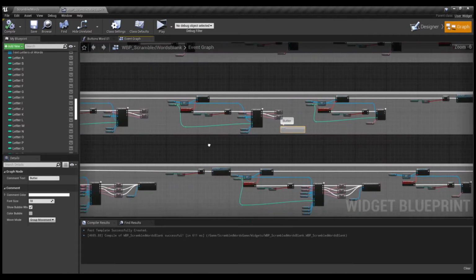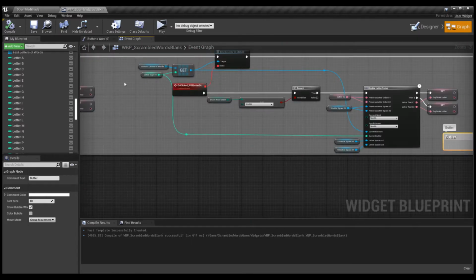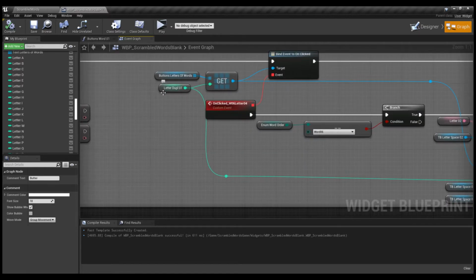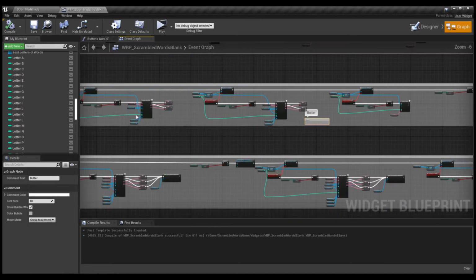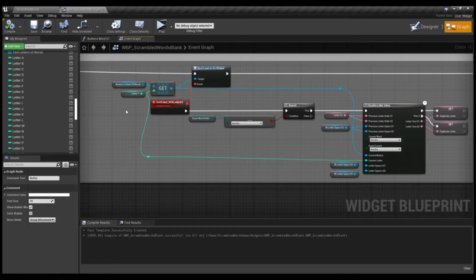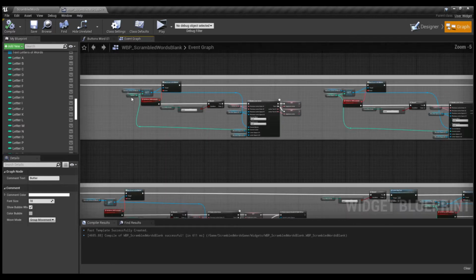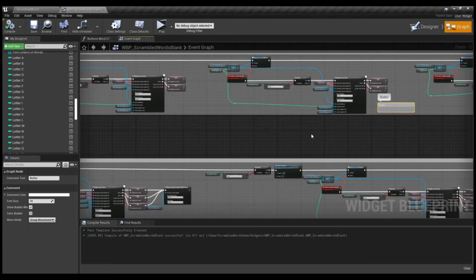Alright, the change that we're going to make is on this variable. We're not going to use the letter 04 variable. We're going to use the duplicate letter variable, the text variable. Why? Because we cannot assign a specific order for these two letters, because the player should have the availability to click either of the two T's. Because if he decides to click this T first, the one that is being represented by letter duplicate 01, it will be correct to click it first, or if he decides to click first this one here, this button here, it is also correct to click it because at the end both represent the same letter that goes